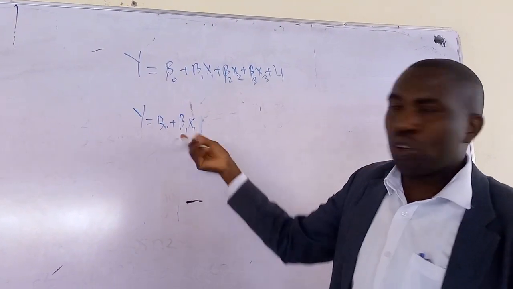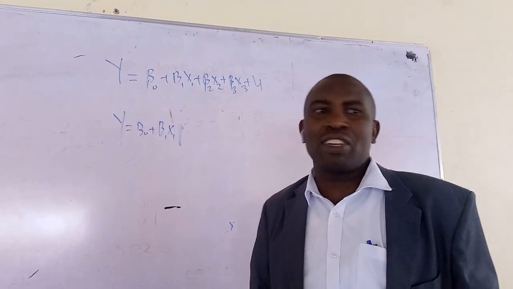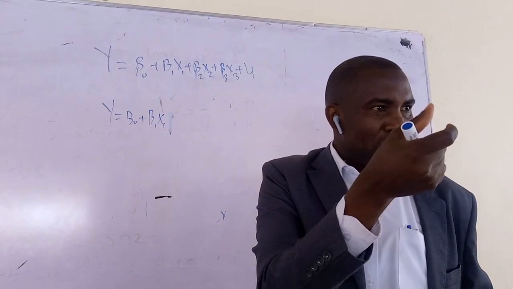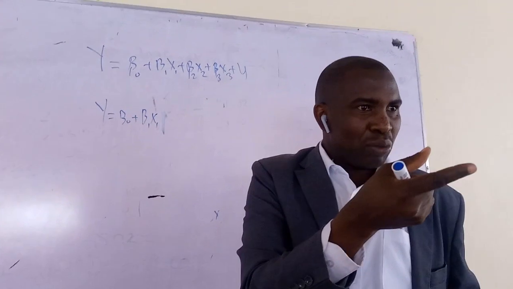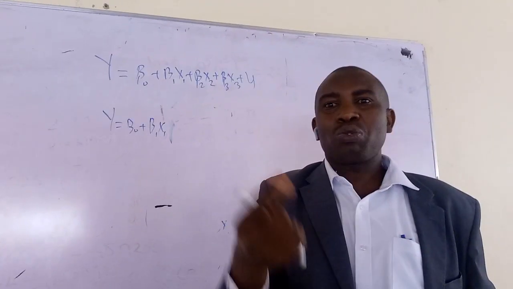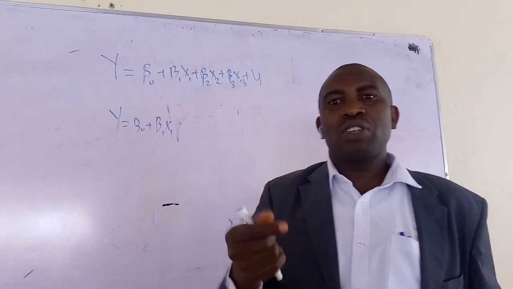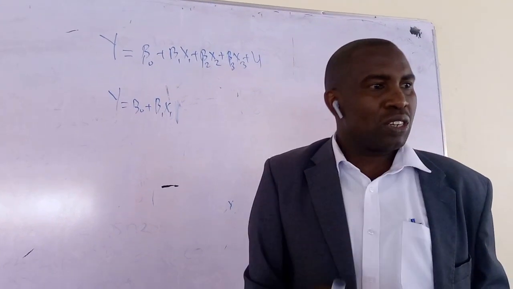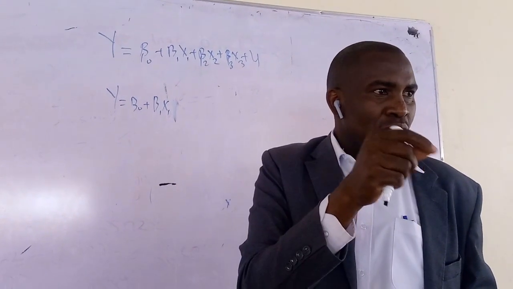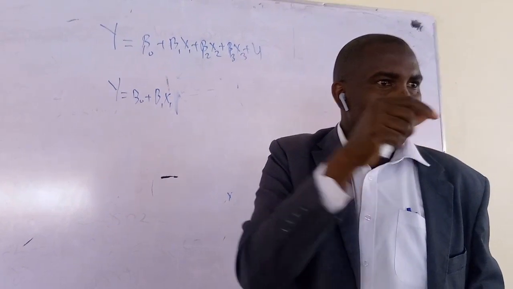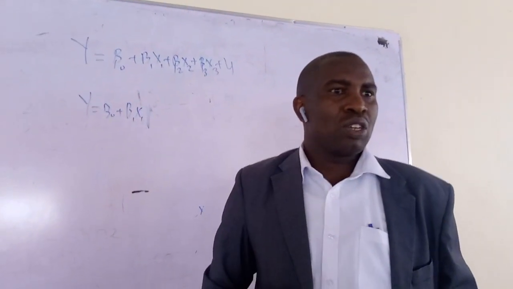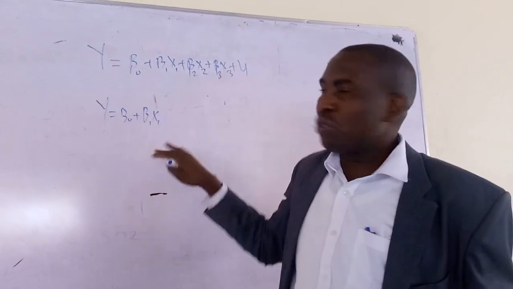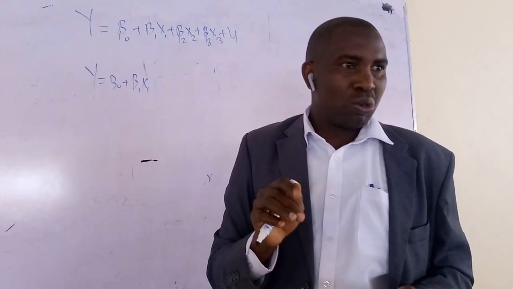Of course, when you do this, you'll get some results. Look at the results. How are your results? Look at your coefficients. Are your coefficients good, in terms of their statistics? Look at the R squared. Is your R squared good? If it's time series, R squared should be 50% and above. What about the Durbin-Watson statistic? You remember when we looked at autocorrelation, we said 2 is good. If you get 2, it means there is no autocorrelation. So if you run these and the statistics I've just told you are not good, continue and